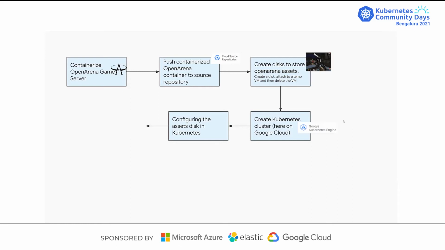so that you have access to all the assets. Once Kubernetes is ready and the asset disks are ready, the next step would be setting up a scaling manager. The scaling manager is a simple process that scales the number of virtual machines used in the container engine nodes based on the current game server load.